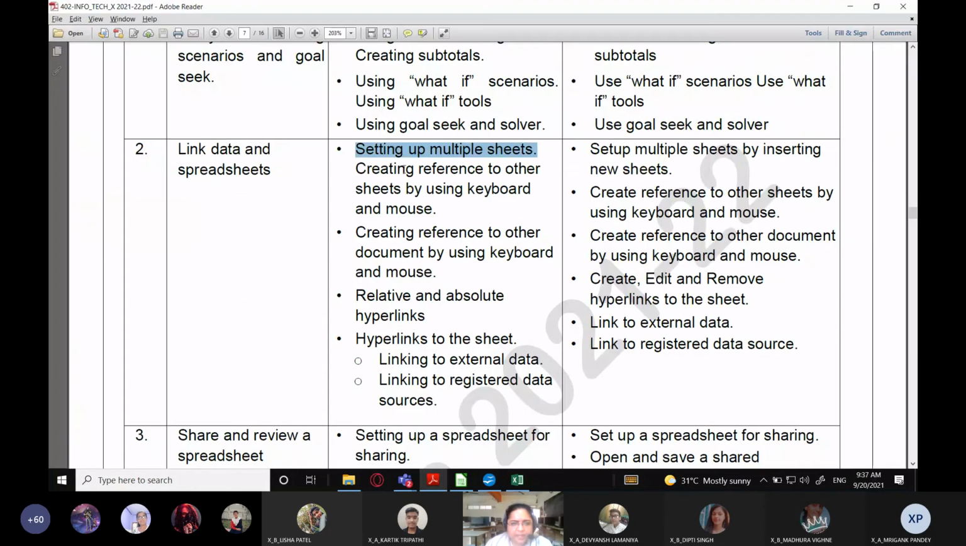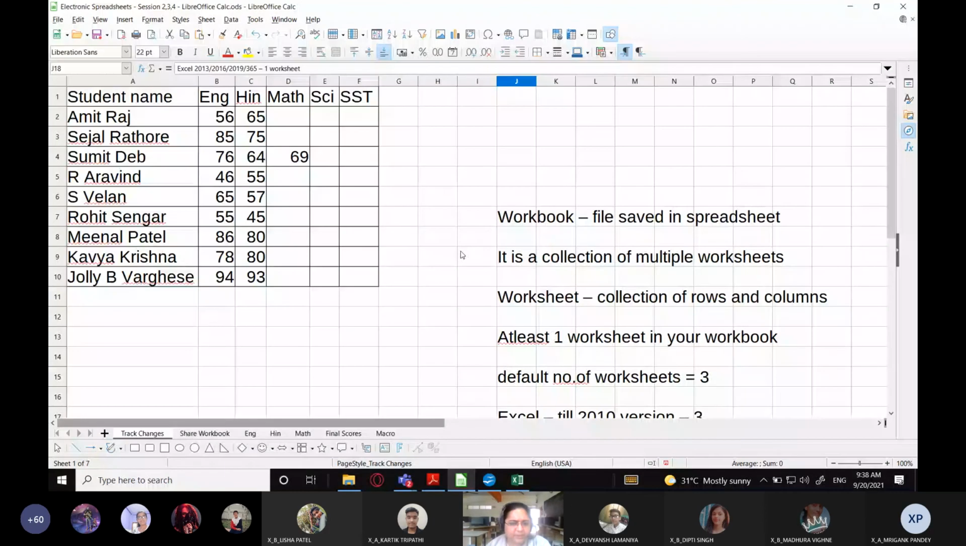Next is creating references to other sheets by using keyboard and mouse. So first, we are going to see only how to create a reference using keyboard. Now, for this purpose, you all can see over here, I have